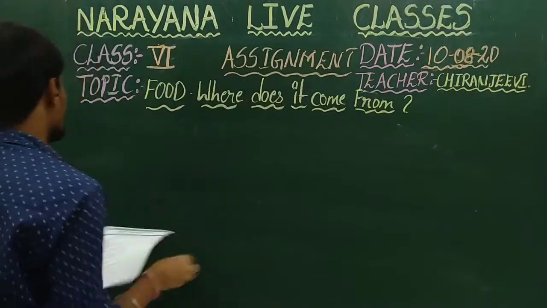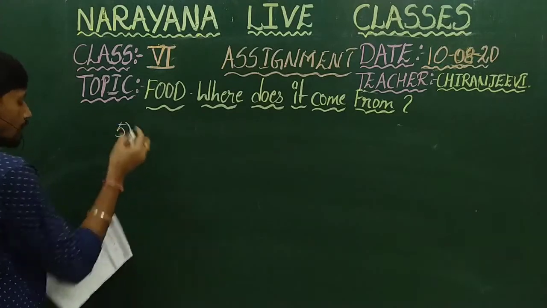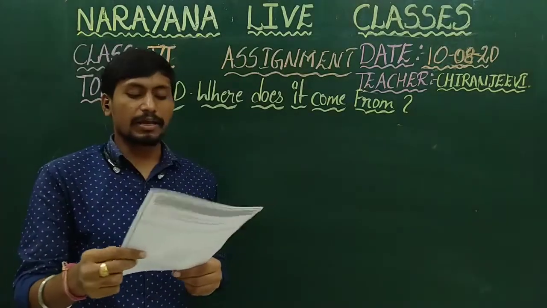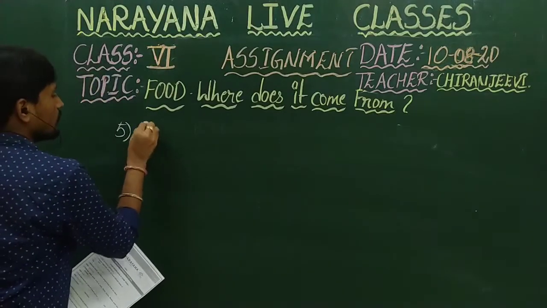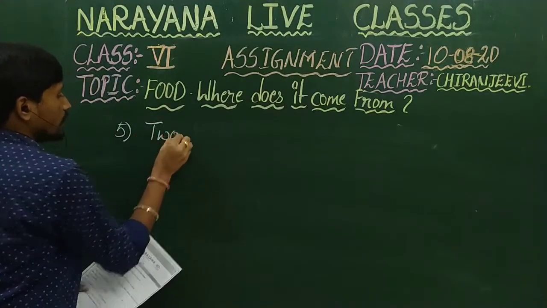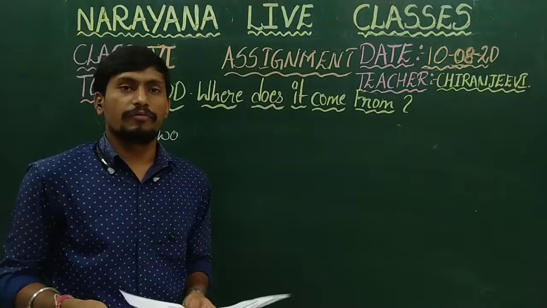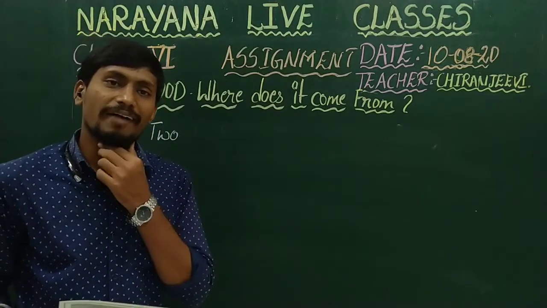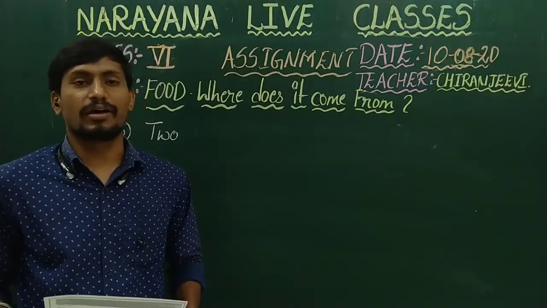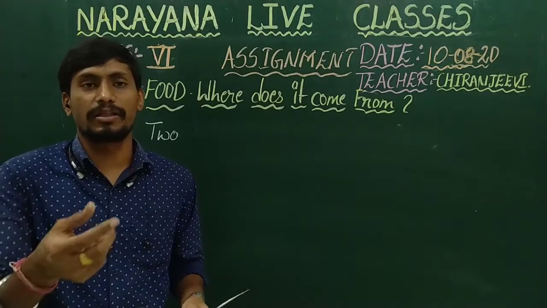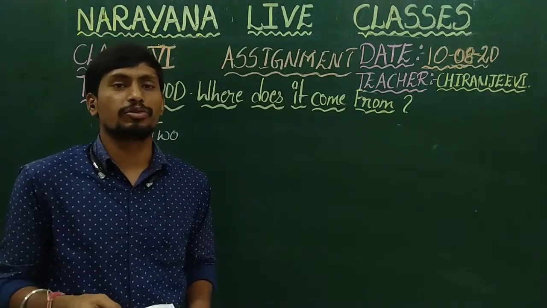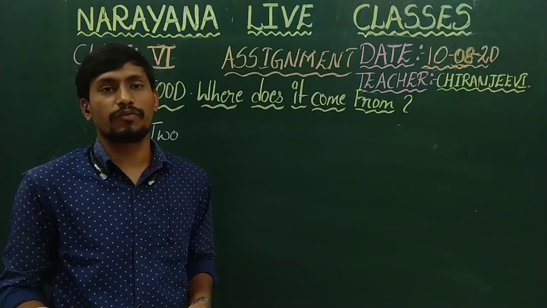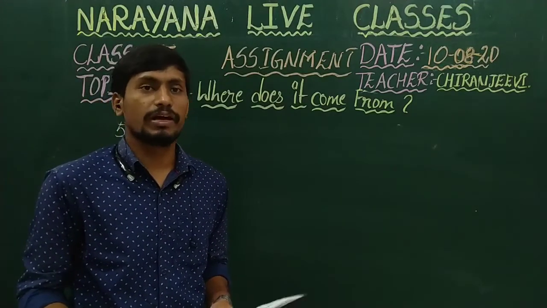And the next question, fifth one, idli contains dash ingredients. So how many ingredients does idli contain? Two ingredients. Basically, we used to have the idli, no? So we used to add the salt based on the person and based on the place. They used to have so many other ingredients, but the basic ingredients used to be two ingredients that we use for the preparation of idli.